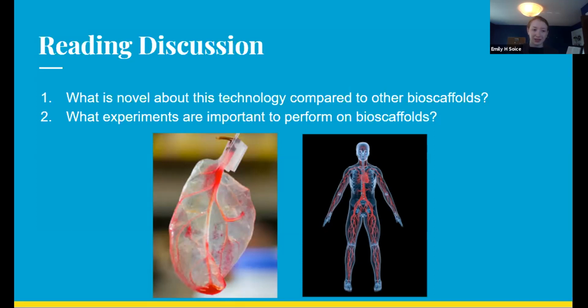It's quite important that these scaffolds be decellularized, first, so that there's room for the new cells that you want, but second, so that you don't cause an immune response from these new muscle cells or whatever cells you're growing. In this paper, they were actually growing cardiomyocyte cells. Cool. So that's a reading discussion.